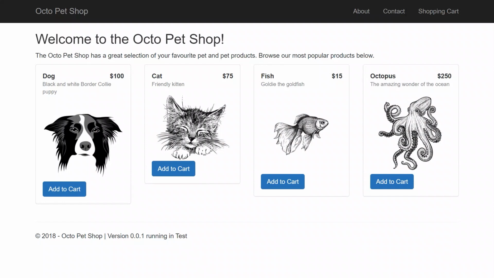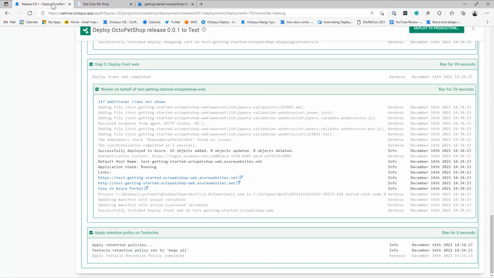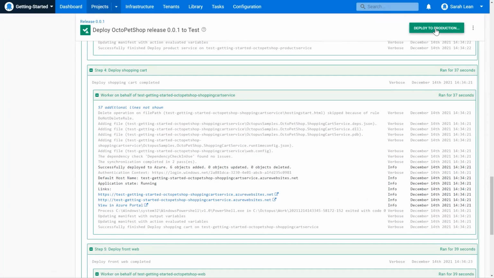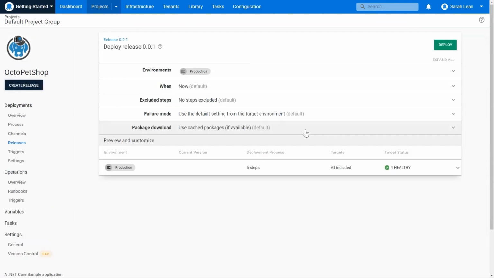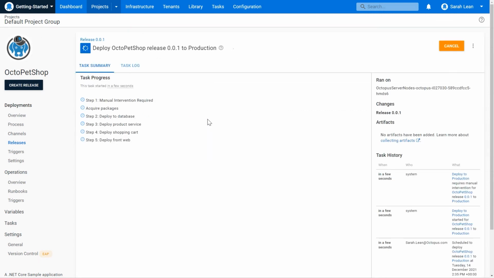Now I want to point out to you that we have used those variables and configured the settings here inside our application. So it says version 0.0.1, which was the release we created, and it's running inside our test environment. So that's pulling in the environment name variable that we set, and it's also pulling in the release name as well. Now what we want to do is actually deploy that to production now that they were happy that it's run. So if we click deploy to production, it will take in the exact same information and steps that we've used and push that out to our production environment.